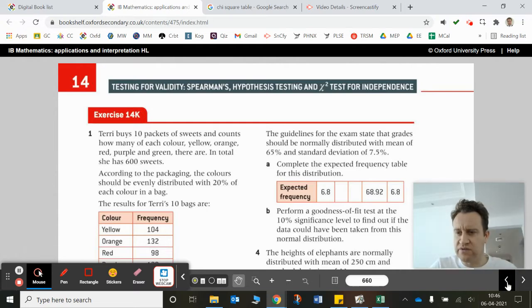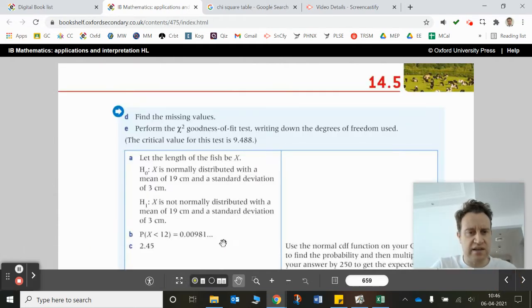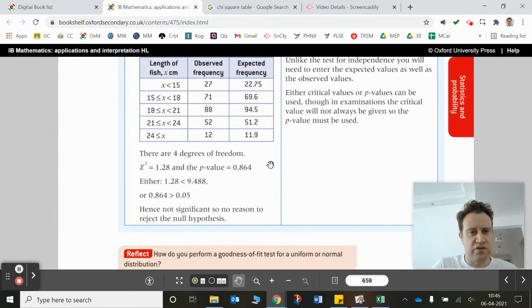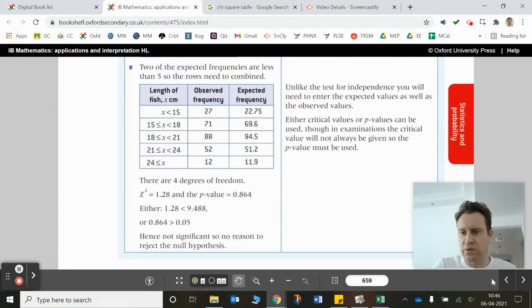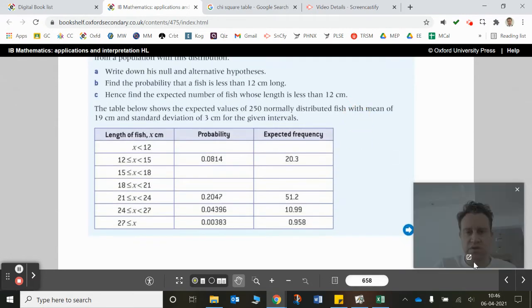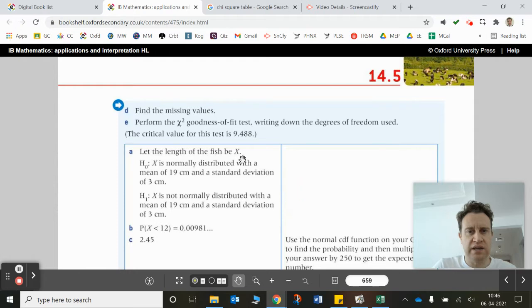One thing I forgot to mention in 14K is that they came up with the critical value in the question, not the degrees of freedom. Let's have a look. When did they say it? They came up with the critical value here. Here we go. The critical value for this test was